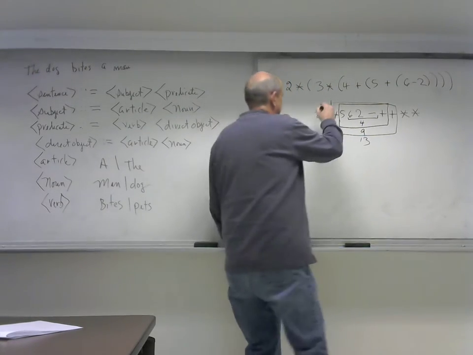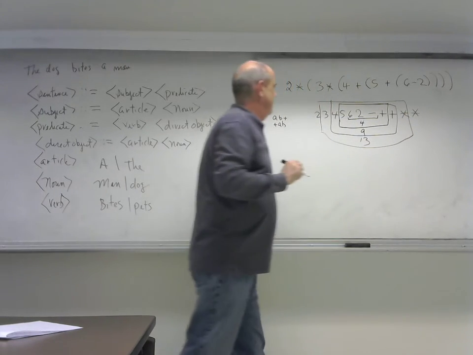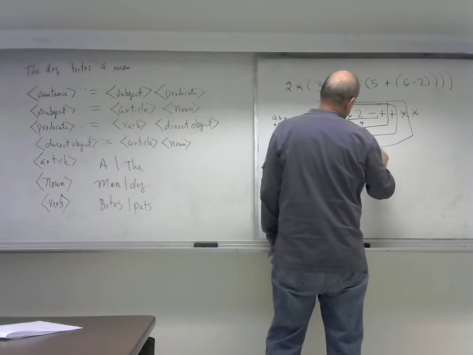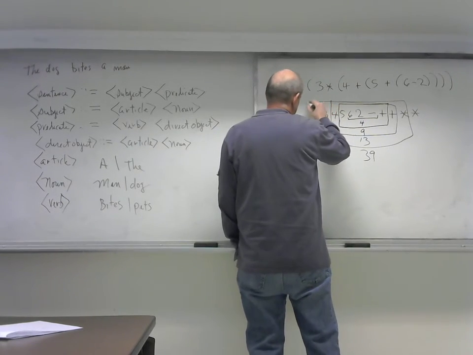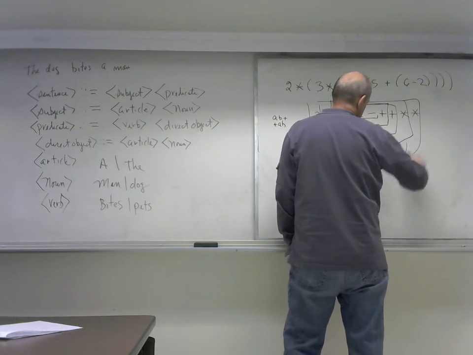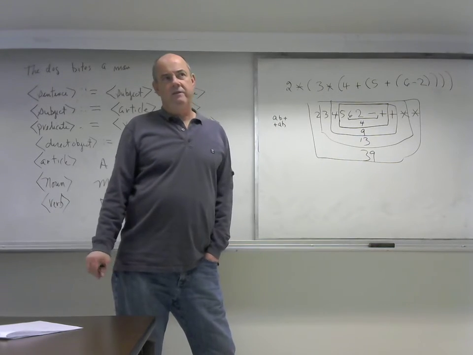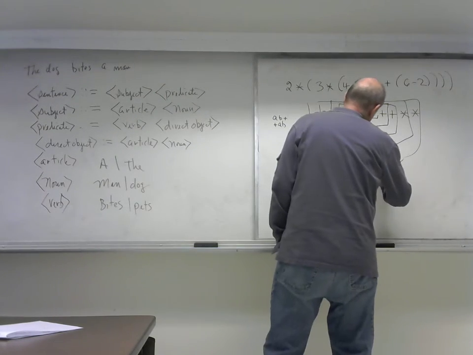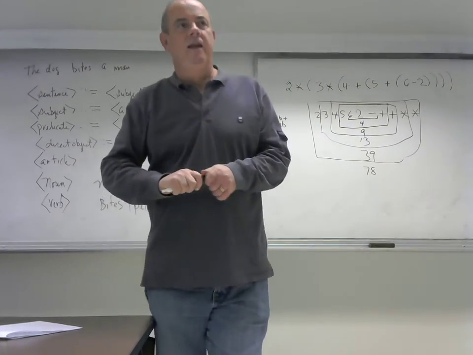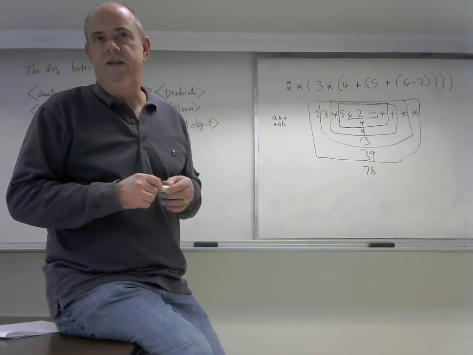And then we have 3 times 13, 39, and finally we have 2 times 2 times 39 is what? 78, and there's your answer. So this is easier than trying to process the parentheses. Just taking them out makes this